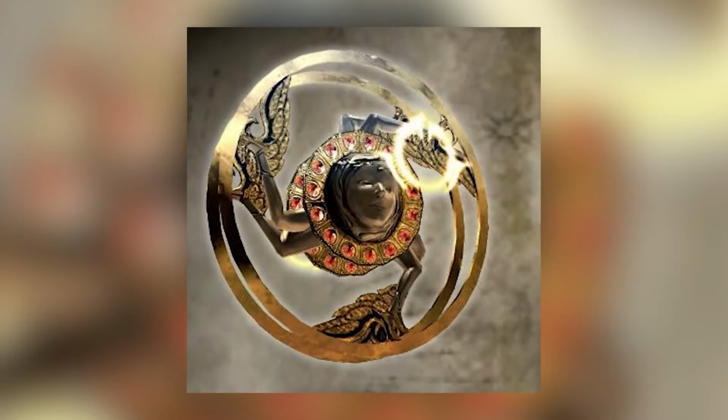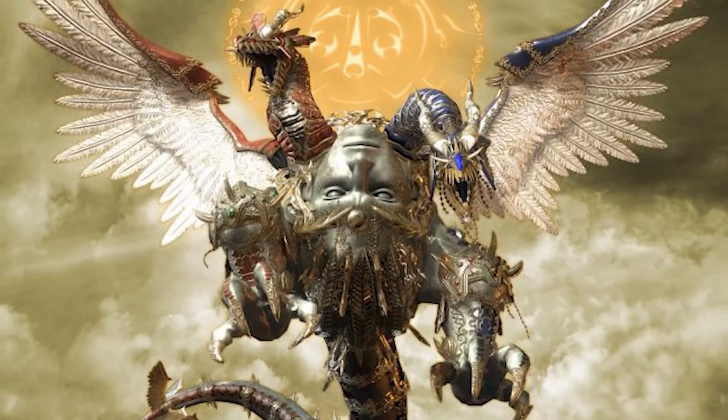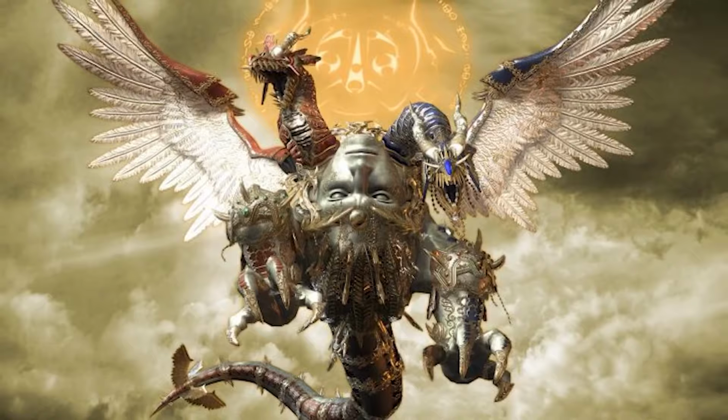Then there's Enchant, who reminds me of the wheels that are said to accompany cherubim. And of course, who could forget Fortitudo, the 2-headed dragon with a gigantic upside-down human face as a shield/diaper. These things are incredibly designed and super terrifying because of it. If I had to choose between fighting these things and demons from another game's universe, you know I'd take the